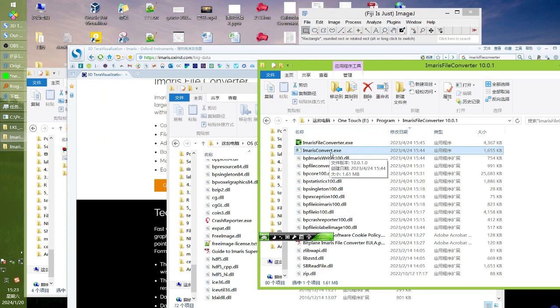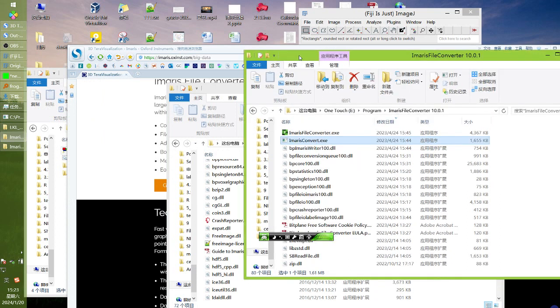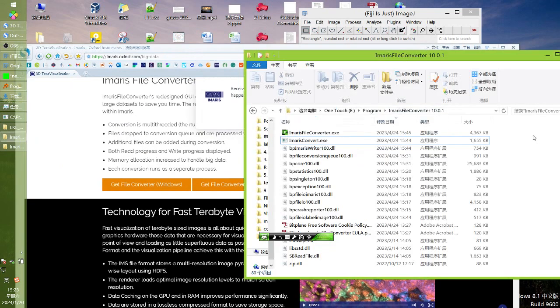when you encounter problems. However, you should note that with the newer version, for example, the newest one, Imaris 10.0.1, this converter has stopped support for converting to the TIFF format. They only support the Imaris format. I think maybe it is because of patent or intellectual property issues. So if you want to convert to the TIFF format, you can use the older versions,